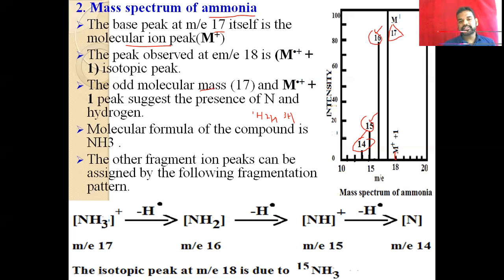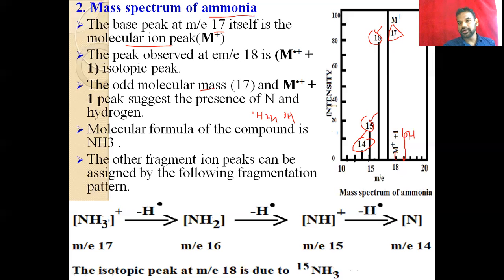So we can expect two types of isotopes of hydrogen. M plus 1 is highly abundant here compared to M plus 2, so we have the isotopic peak of M plus 1. From the isotopic peak, we can expect hydrogen may be present, and then the molecular mass of the